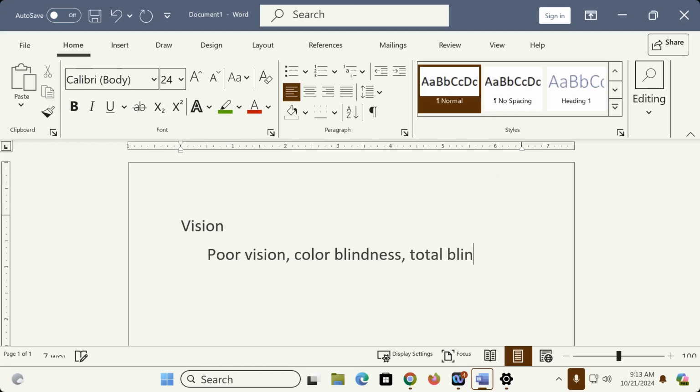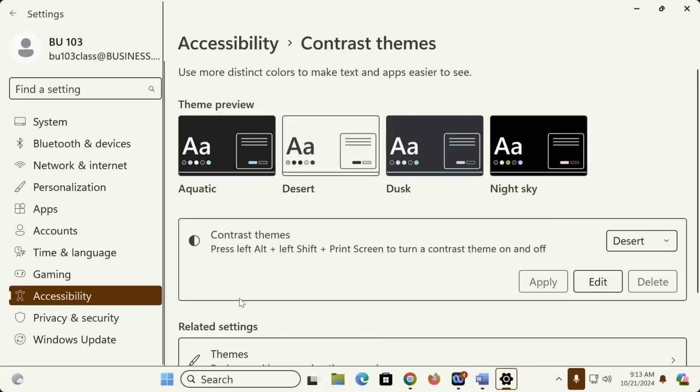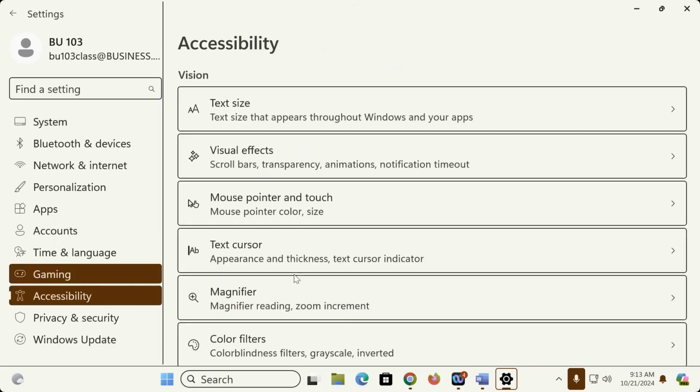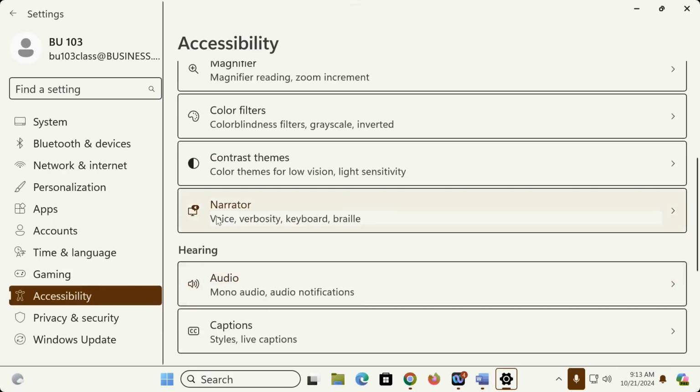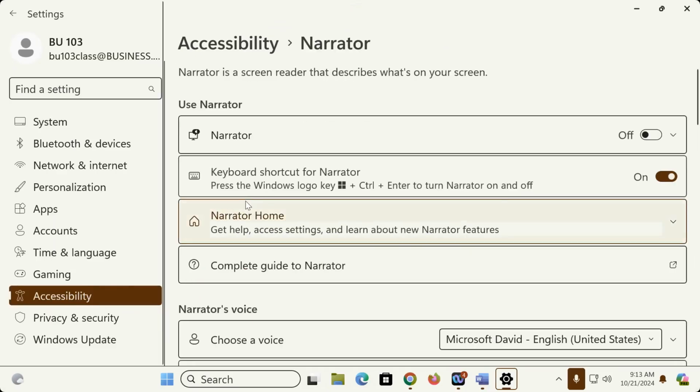Now, how does someone with total blindness access the web? That is done with a screen reader. And let's see where that is. Narrator. Okay, I'm going to turn this on. I don't know if you'll be able to hear this watching the video, but I'm going to turn on the narrator. There's comparable things in Mac OS, I'm pretty sure, but we can turn on the narrator, and what this will do is this will actually read the screen to you. So if I turn the narrator on,